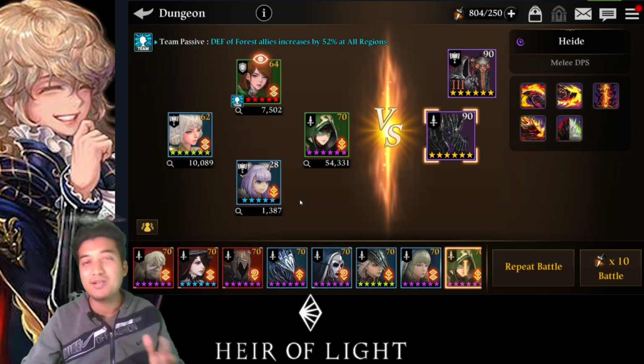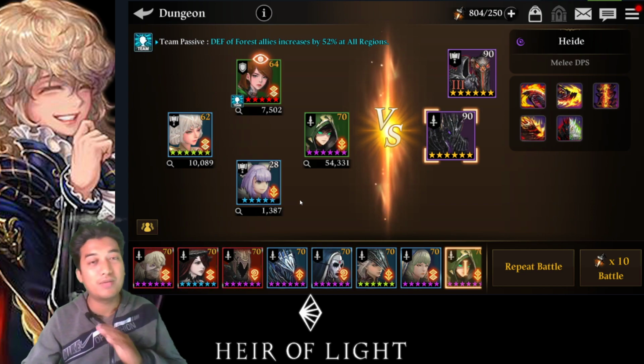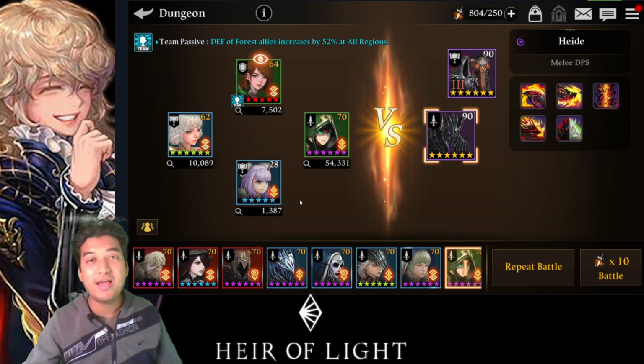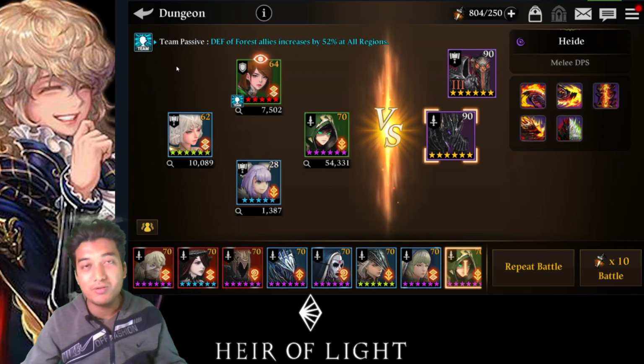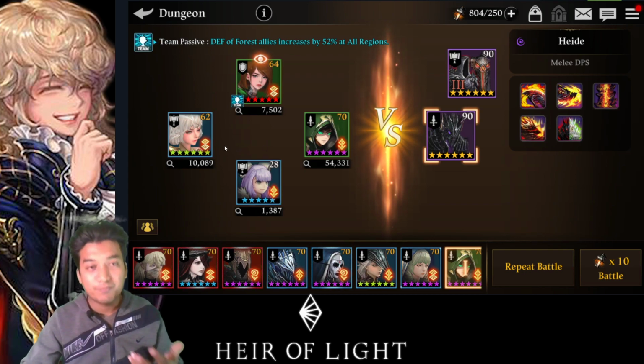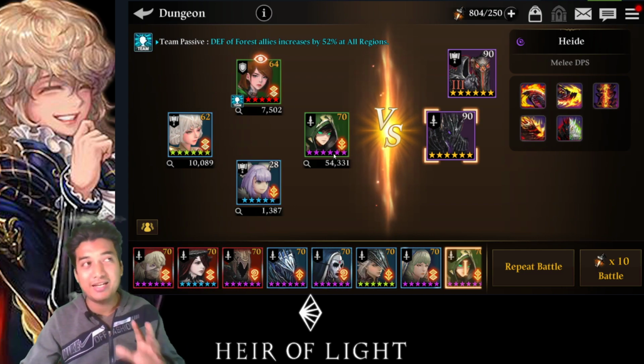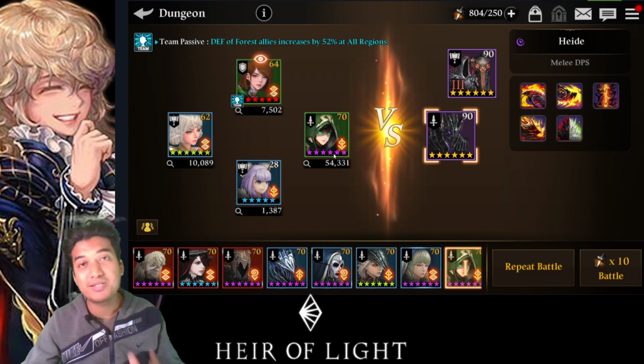Okay, even if your units die, it's not going to be a big problem or a big hassle. Try to be just like this one, and you will have a pretty amazing time beating up your opponents, with a really good team passive. Make sure there is a very good relation effect, and a very good support 7 that will complement your DPS 7 in terms of skill gauge, or combo skill gauge